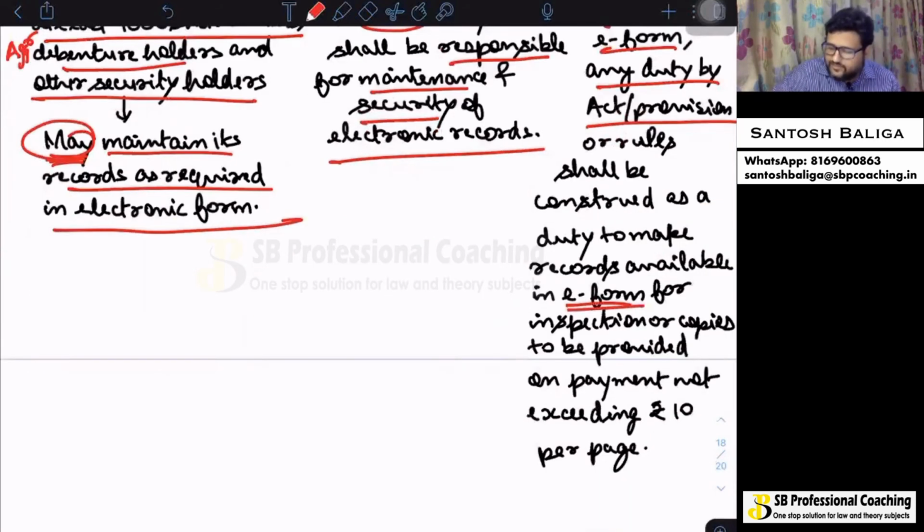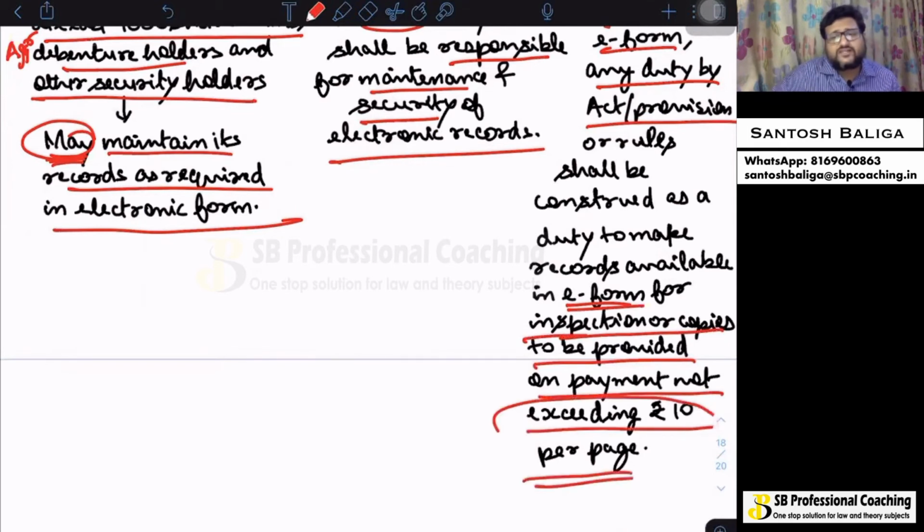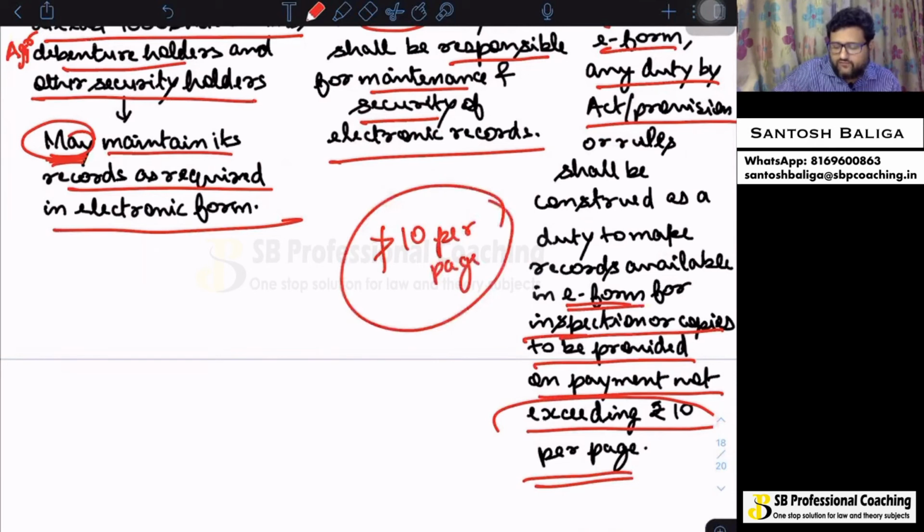For inspection or copies to be provided on payment not exceeding 10 rupees per page. Normally inspection is free, but in case copies are given, then the copies shall be given for not exceeding 10 rupees per page, if it is in electronic form.